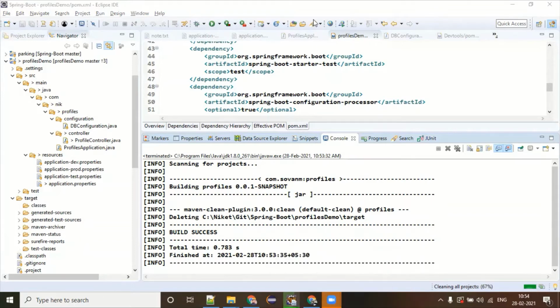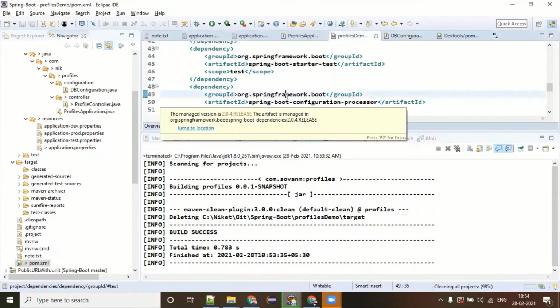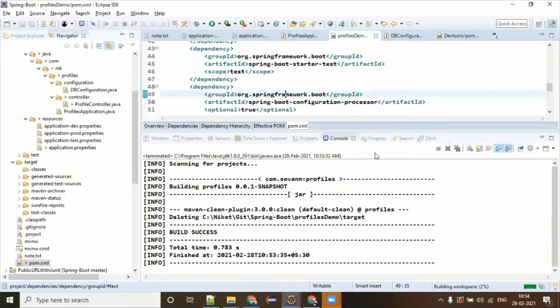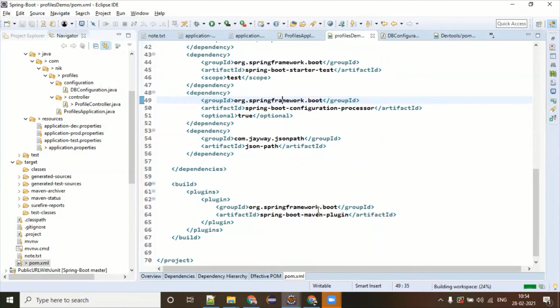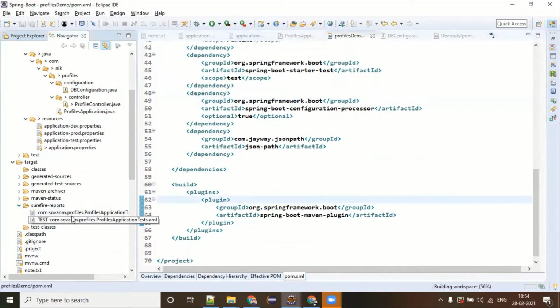Under the plugin tag also, configuration executable true. What are you saying? Under the plugin tag, here we have to add another tag for configuration, and inside that, executable true. Okay, under the plugin, below artifact ID there should be a configuration tag.